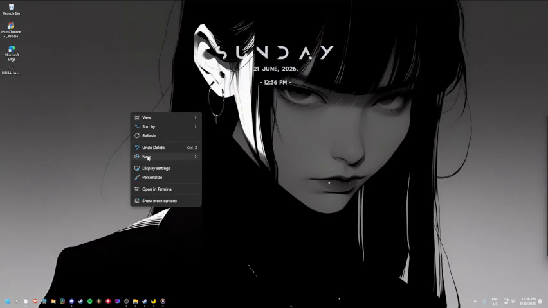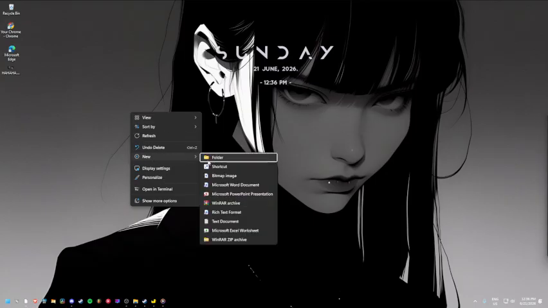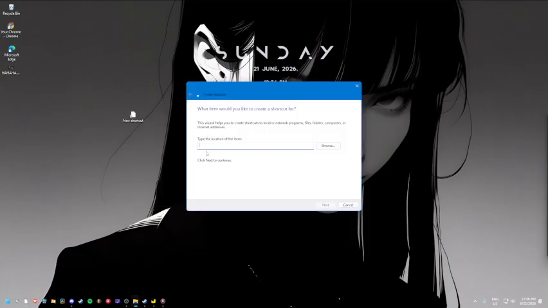In that menu, move your pointer over New and then select Shortcut. Now you are going to add the target path for Google Chrome. In the location box, enter the Chrome application path, followed by the incognito command. The full text should be entered exactly like this: